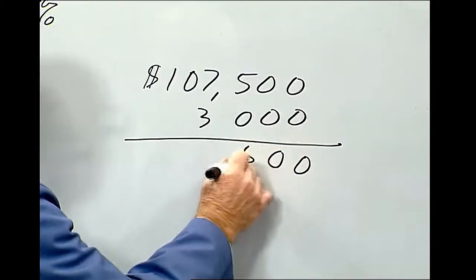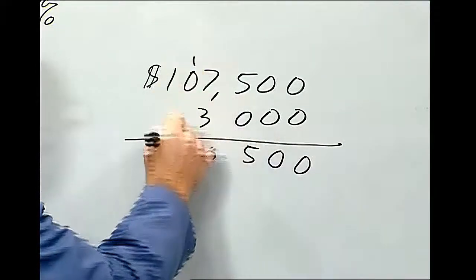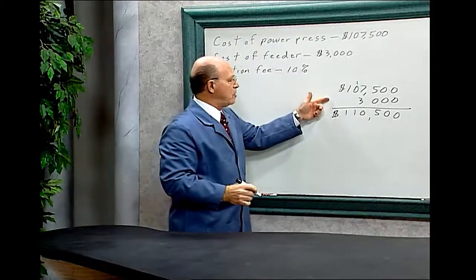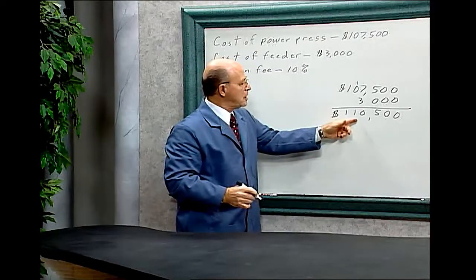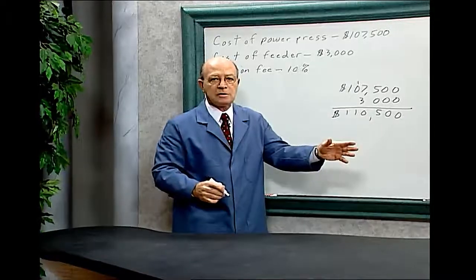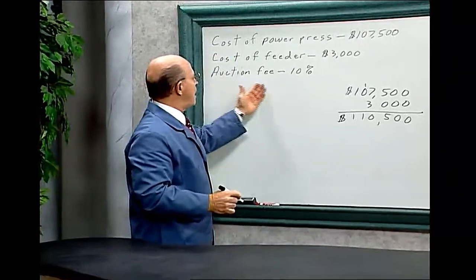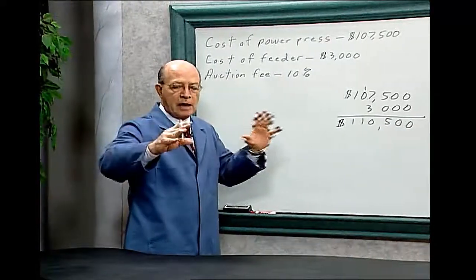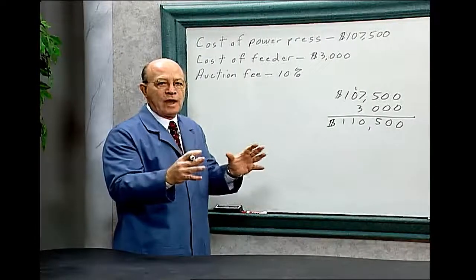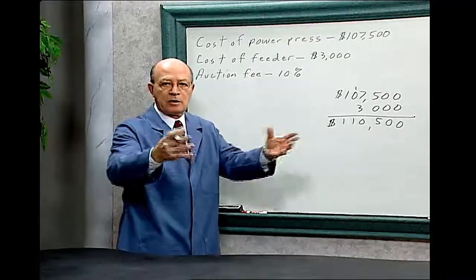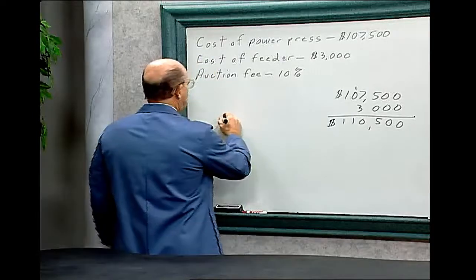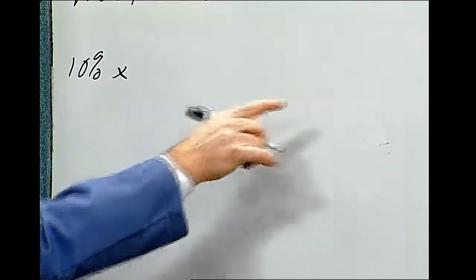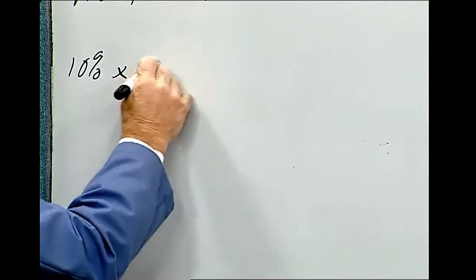0, 0, 5, 10, carry the 1. So the power press and the feeder cost $110,500. Now we have to figure out how much the auctioneer gets. They go in there and put all the sale items together, and their fee for that is 10% for whatever they could sell the equipment for. So we have to do 10% of the selling price of the power press and the feeder,